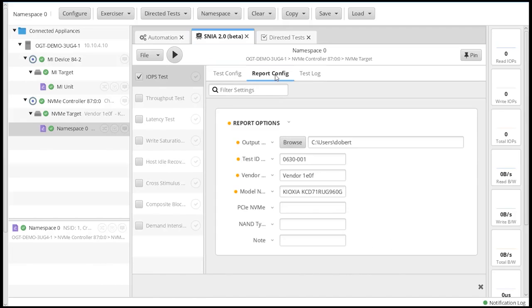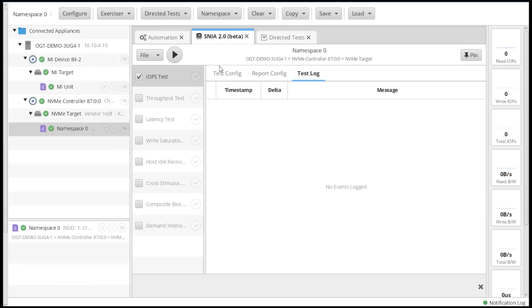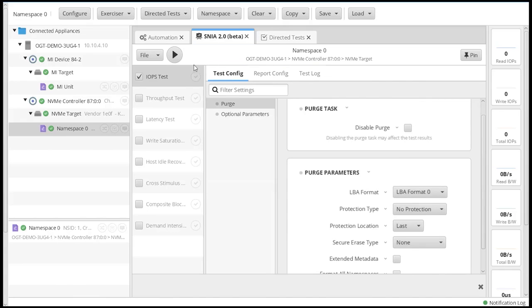And you can also configure the report configurations where you want the information in the test and then get a test log. So this has, as you can see, a range of tests that you can run. These tests do take a significant amount of time to process the whole test, so be aware of that. But if you do want to just run a SNIA test and get your results back, this is certainly an easy way to go ahead and do that.